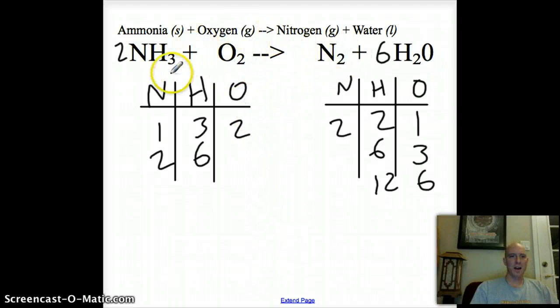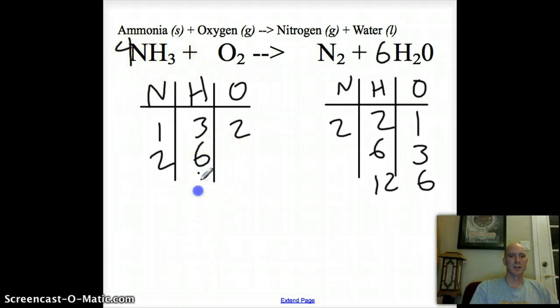We know that that number doesn't work there anymore. So I'm going to erase it. So if I need 6 hydrogens over here, that means I need this molecule. If each one's got 3, I need it 2 times. 2 times 3 is, excuse me, that's what we had before. We're going to have to do it more than that. We need it 12 times, and so that means I'm going to need it 4 times here, because 4 times